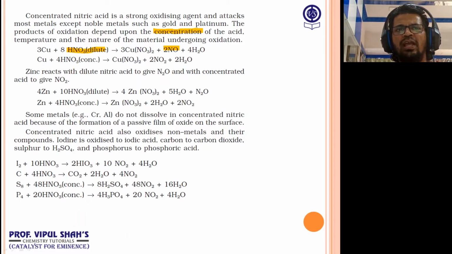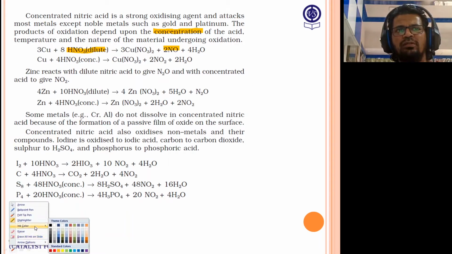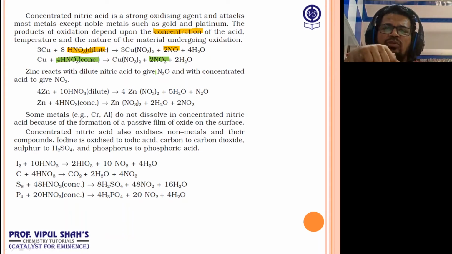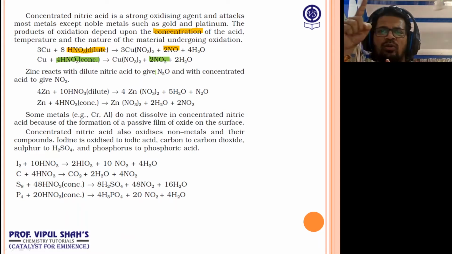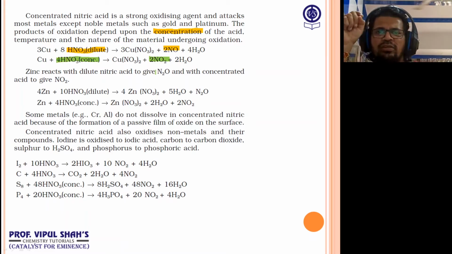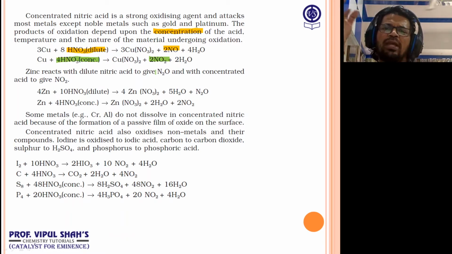Same way, the second one we have over there, that's concentrated. Now the same copper reacts with concentrated HNO3. Now with conc HNO3, copper again gets oxidized to copper nitrate, so 0 to +2. Nitric acid is reduced to NO2. So nitrogen from +5 becomes +4. So with dilute HNO3, we had copper to copper nitrate, and nitrogen from +5 got reduced to NO, nitric oxide, it became +2. And here with concentrated HNO3, copper got oxidized to copper nitrate, same. HNO3 nitrogen +5 became NO2, it became +4.